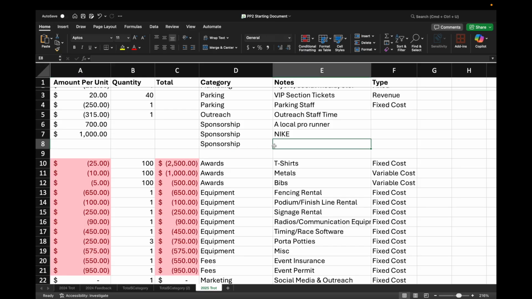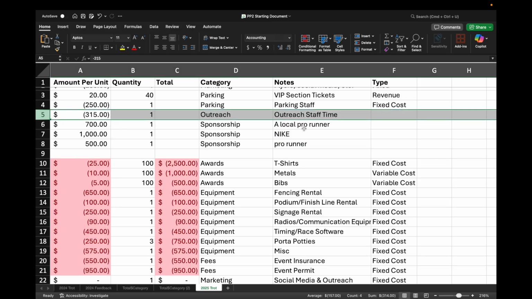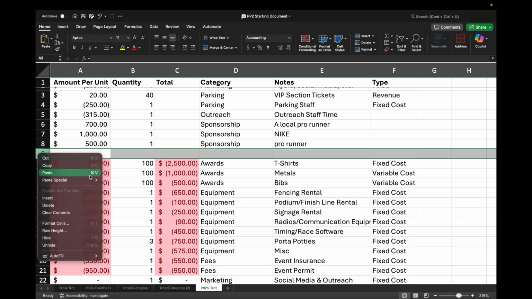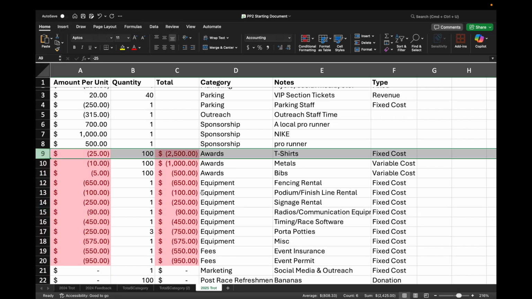And then maybe there's another pro runner, whoever, who donates another $500. So these are all donations that are going towards your turkey trot. You can be creative with who those sponsors are, but just make sure that your outreach efforts are successful, and then fill in whether you think it's a fixed cost, revenue source, etc. Then delete any extra rows that you have in here.